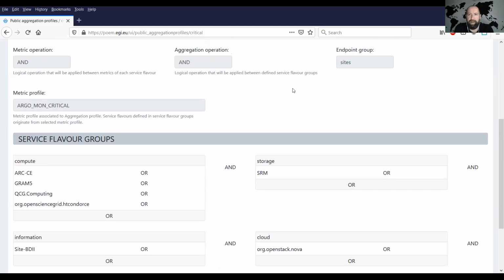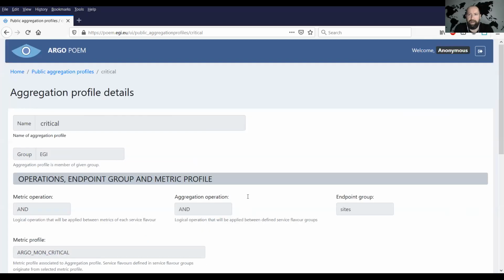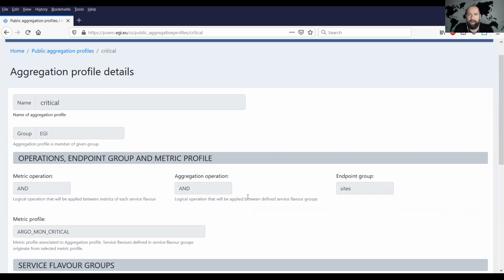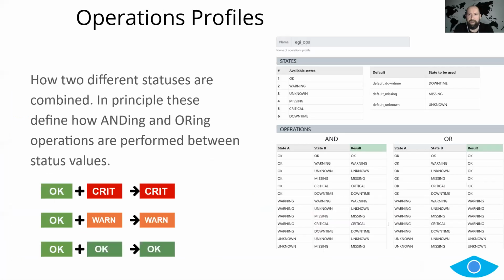I'll have another example, in which you will see how this whole operation business works. And switching back to slides. So not only do you want to aggregate things, ORs and ANDs mean... basically, and this is a really interesting part. I said that we are using the Nagios API right now, and this is the only supported thing.